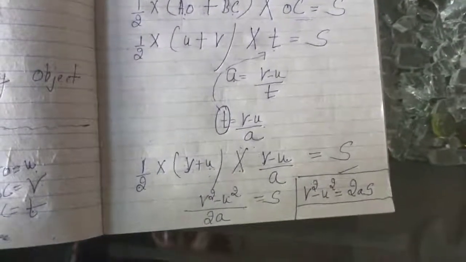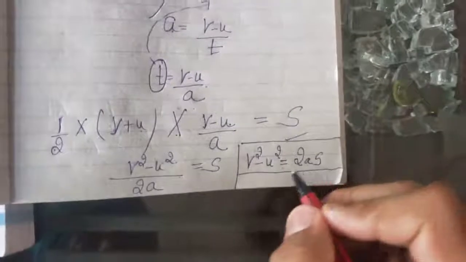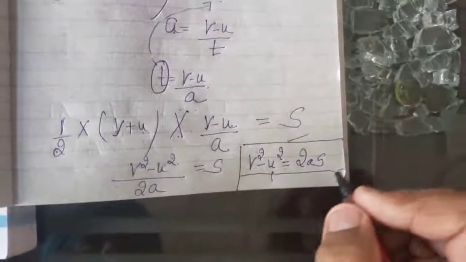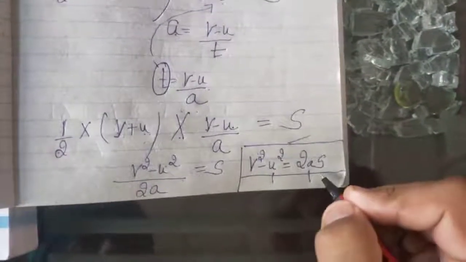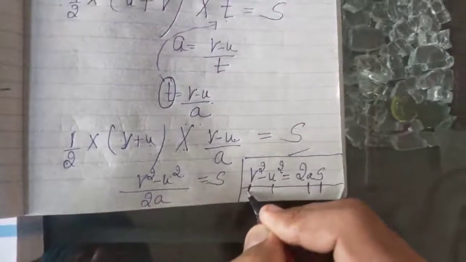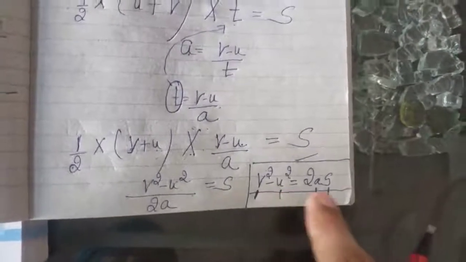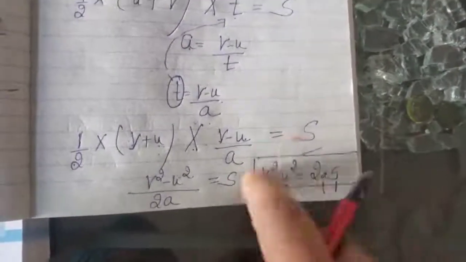So this you have to study. I'm giving you the numerical related to this equation now. Note that down. Where is this equation used? Suppose you know the initial velocity of a car, you know the acceleration of a car, and you know the car has traveled a distance, then you can calculate the final velocity of the car. So this equation can be used where you know U, where you know A, where you know S.